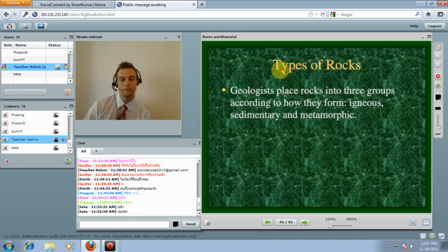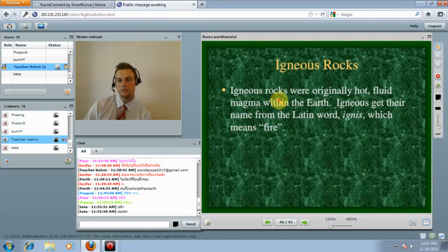Okay, so we got three types of rocks: igneous, sedimentary, and metamorphic. It's kind of scary words. Igneous is pretty easy to remember because it's kind of like ignite, like set on fire rocks, and it's basically rocks that were formed originally as